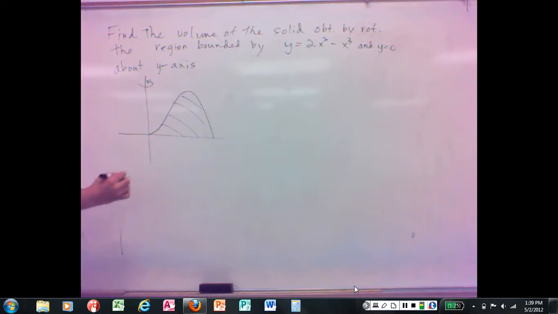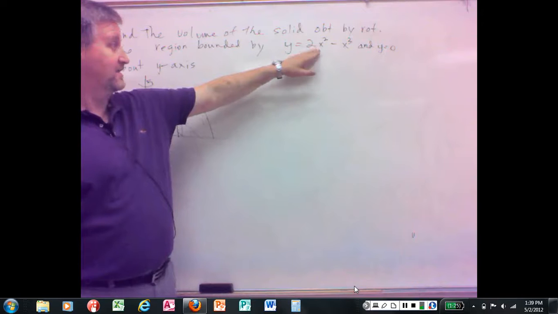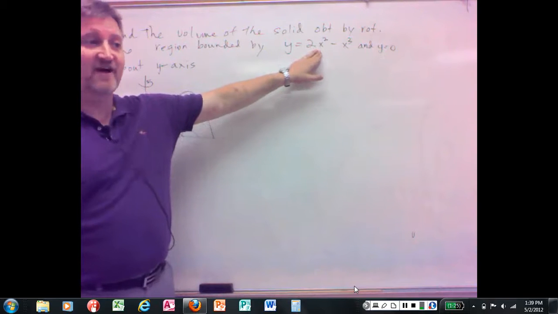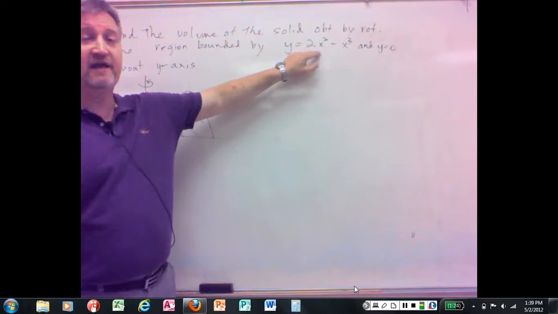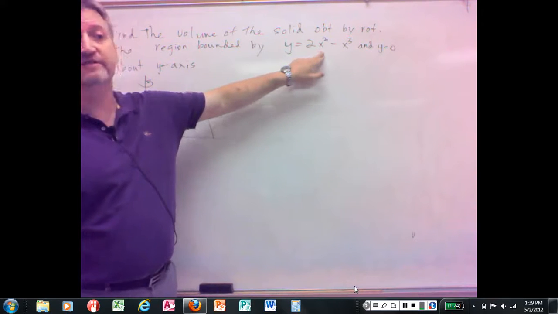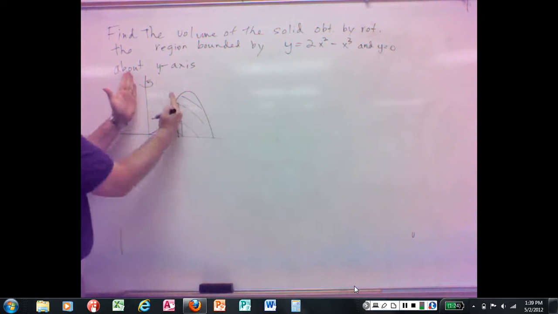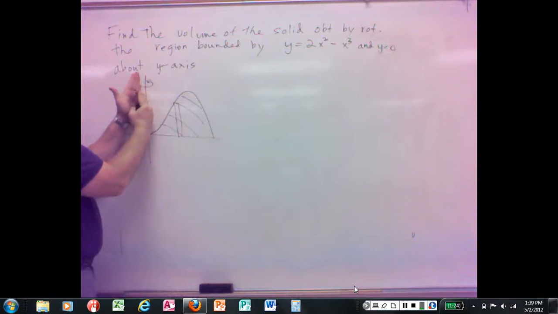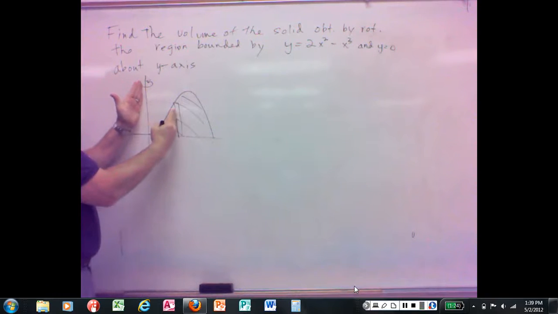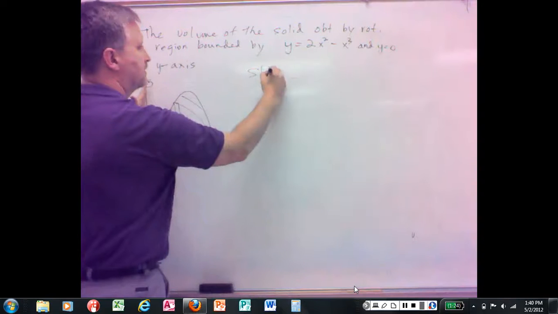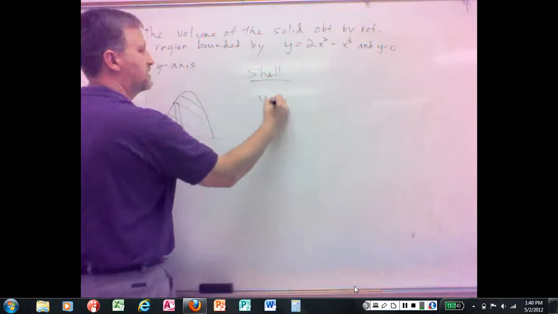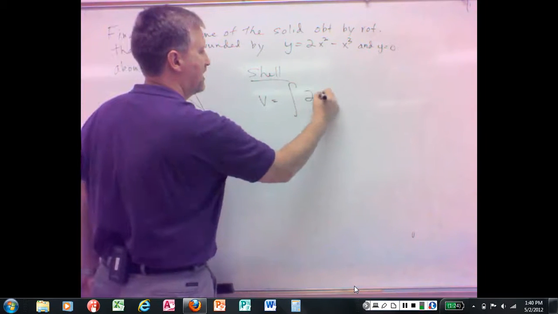I want to integrate with respect to x, obviously. I don't want to integrate with respect to y, do I? Because another reason is try to solve that for x, right? If you integrate with respect to y here, I'd have to solve that for x. And that is not going to be easy to do. So I definitely want to integrate with respect to x. Well, if I want to do that, that's parallel to the y-axis, isn't it? That's shell method. And the shell method is the integral of 2 pi x f of x dx,